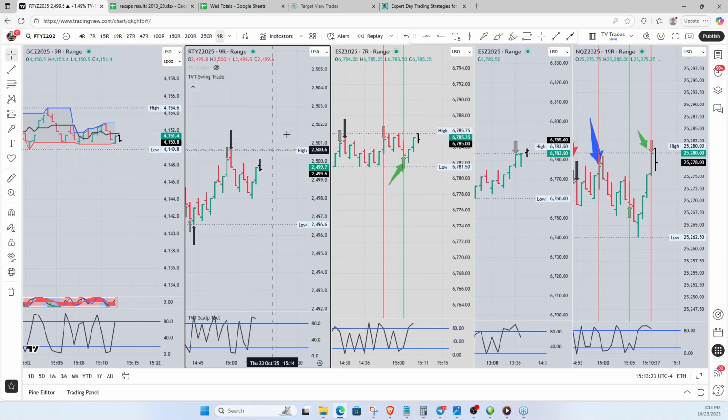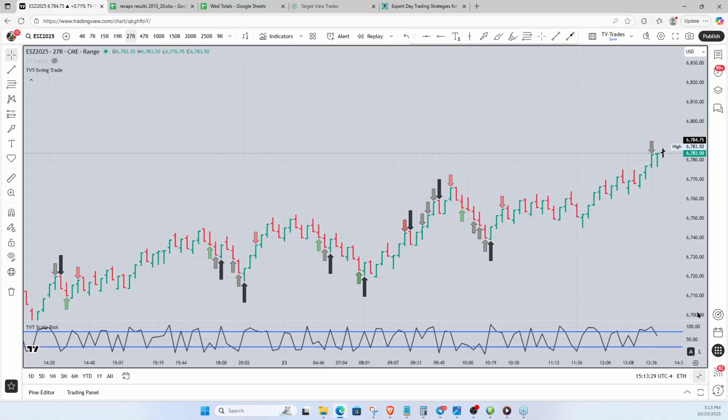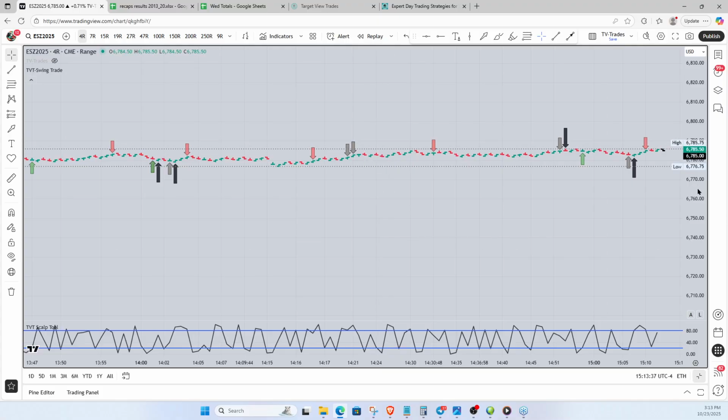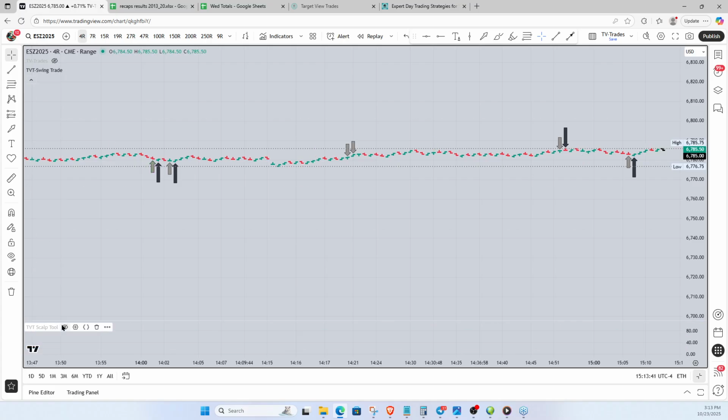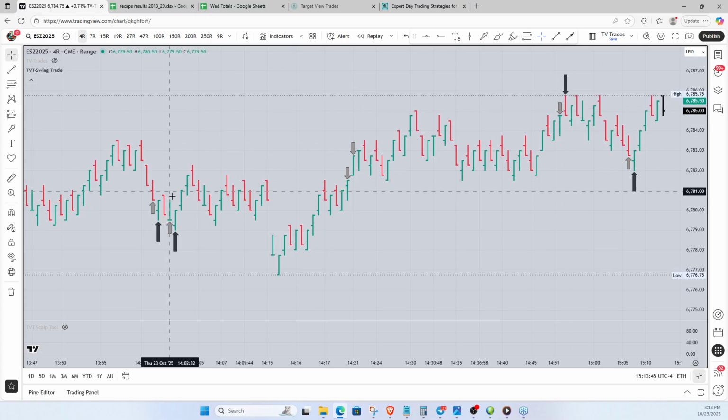So, the way I showed you how to create the alerts is the correct way to create the alerts. Alright, so the ES, what range is this on? This is a 27 range ES, that's why we're not getting any triggers in there. If we put the ES on a 4 range, like this, and this is something that I did a while back. If you do the 4 range and don't do the scalp 2, do the swing trade on the 4 range, it usually works out pretty well.